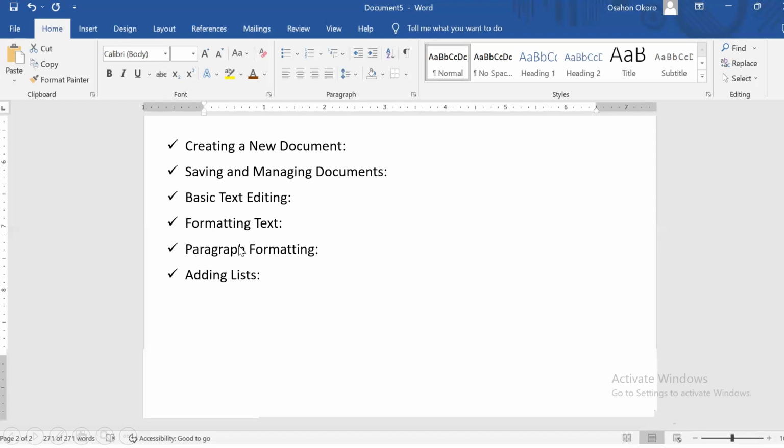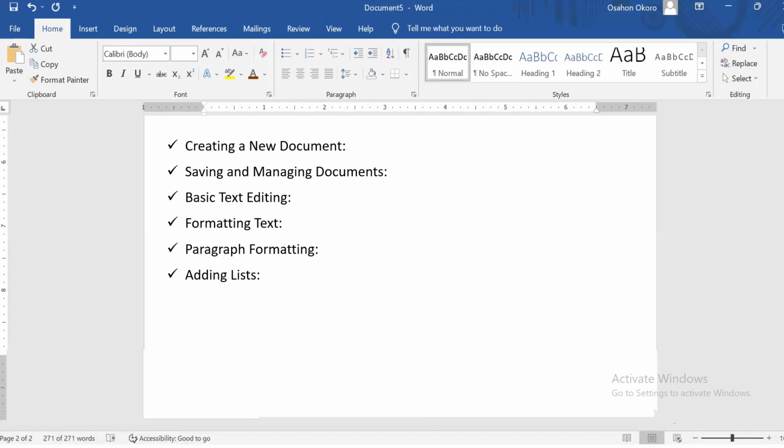After that, we'll now come down to formatting the text, whereby we apply different font styles, their sizes and colors. Maybe take, for example, the heading of a document, we want to make it all bold, and then we want to underline that heading. How to do all that is when we are working on a particular document, you will now see us performing those tasks. But those tasks are actually listed out here, which is part of the creating, saving, basic text editing, and formatting text.